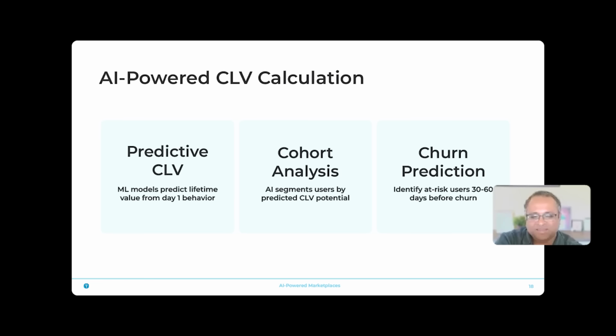One of the most important things I've seen is people forget about CLV. In most marketplaces, 80% of the value gets created by 20% of the participants. This is true for most marketplaces, and there is a fair amount of academic research out there on that. Not all your customers and suppliers are created equal, so customer lifetime value is very, very important to do from day one.